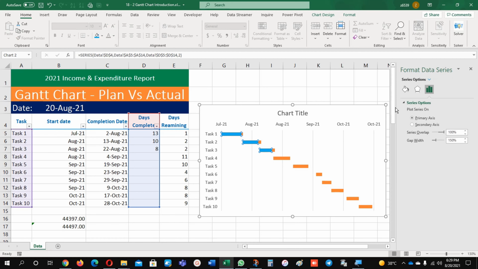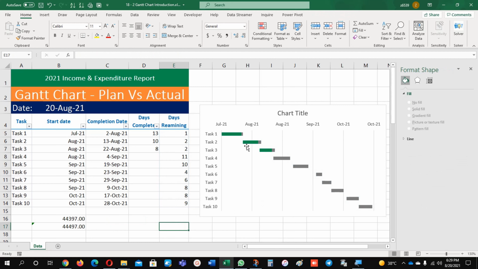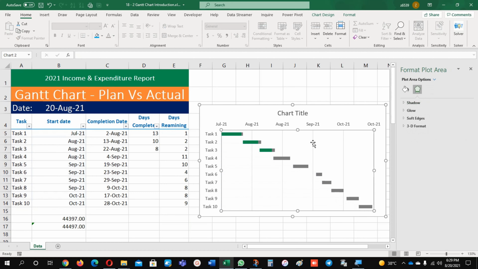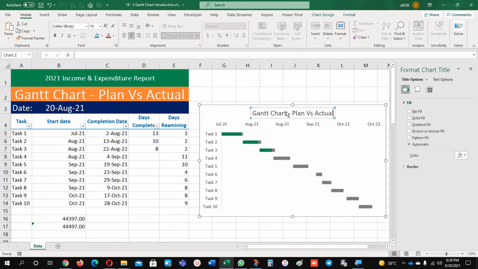For this color, which is days completed, I will change this one to green. These are my days completed, and this orange one I'm going to replace with gray. These are the days remaining. So here you can see in this case how many days are remaining, and here how many days are remaining. Every task you can see it, and these lines, just select them and remove them, and you can give the chart a name, Gantt chart, project name. Okay,